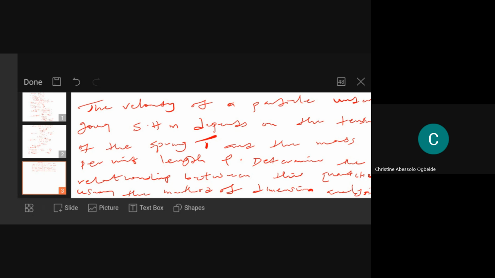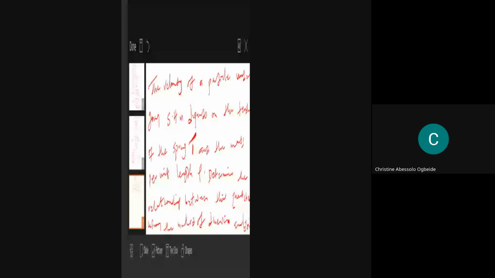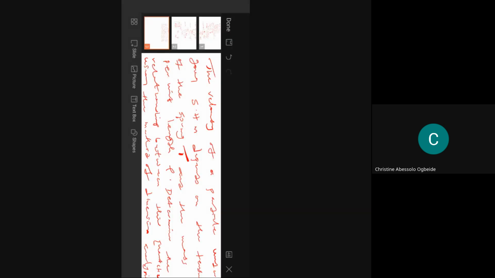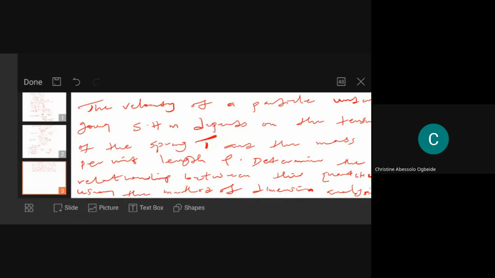So before I solve this question, how many persons can solve this? Let's even know what we are doing. How many persons can write the relationship for those physical quantities? You may just put up your hand. Okay, no hand is up. That's fine. So it means it's important to learn it. So take down the question first, before we proceed into solving it.